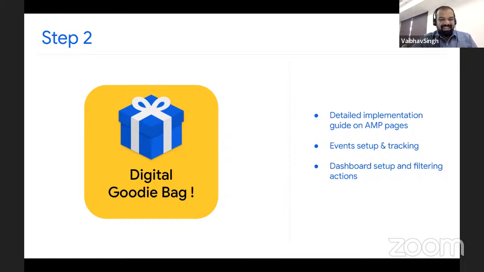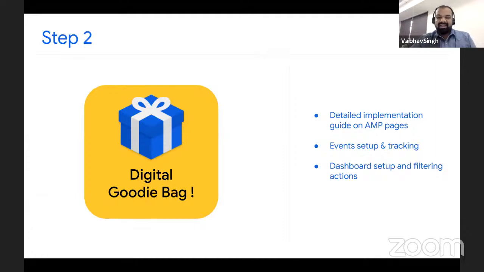What is inside the digital goodie bag is a detailed implementation guide for AMP pages, how you can implement the AMP code without any effort or challenges, and how you can set up custom events and tracking. If you want to set up certain events which you specifically want on AMP for new users, existing users, or organic users who are coming in, you can do that.